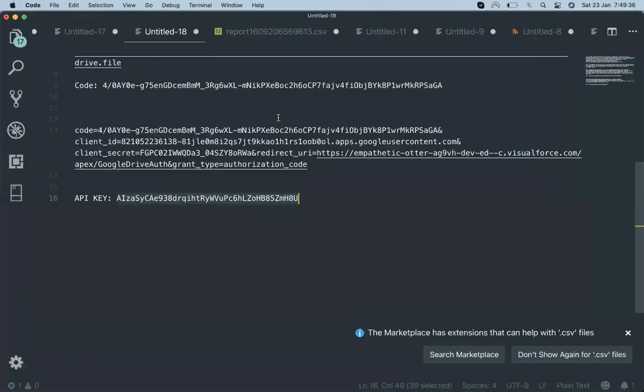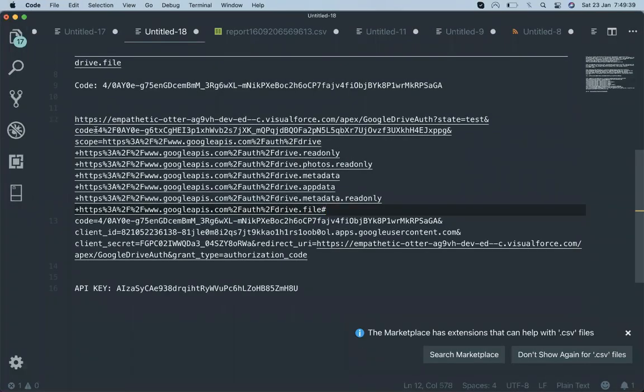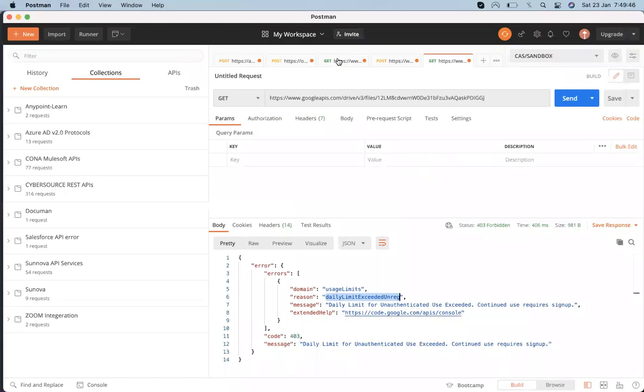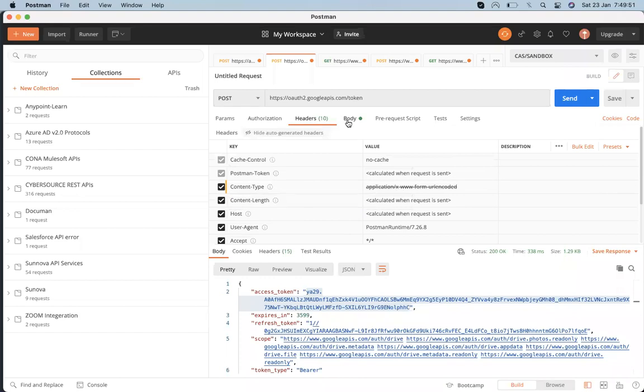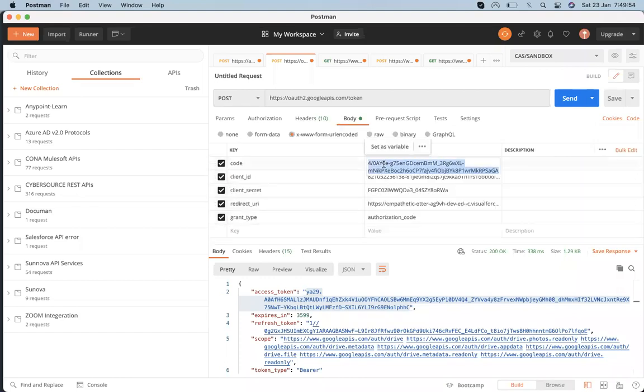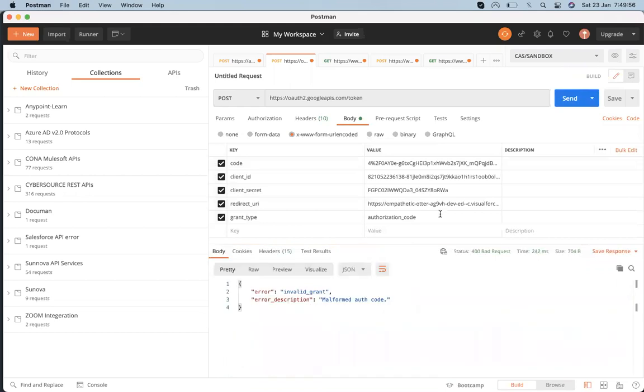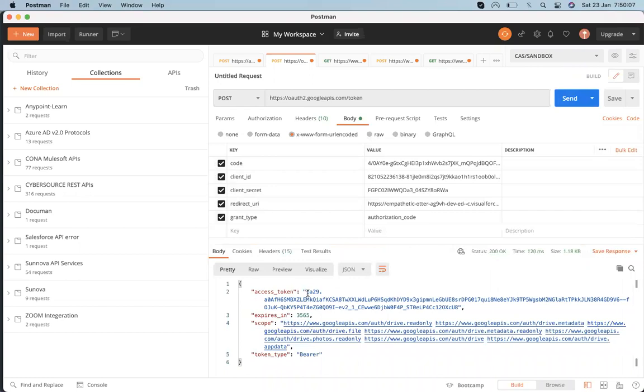Let's do that. Yeah, I got the code. Here is the code. With the help of the code, I will get the access token. Yeah, I got the access token.